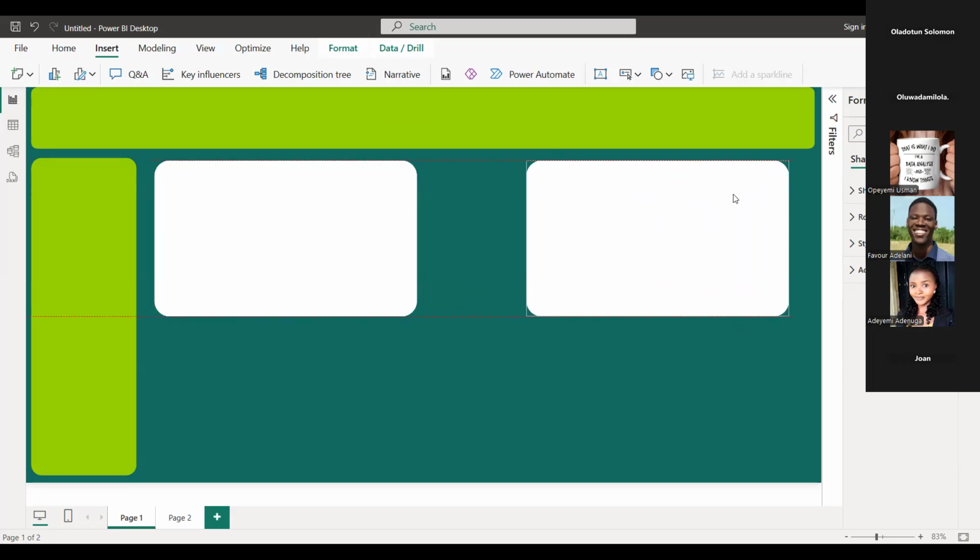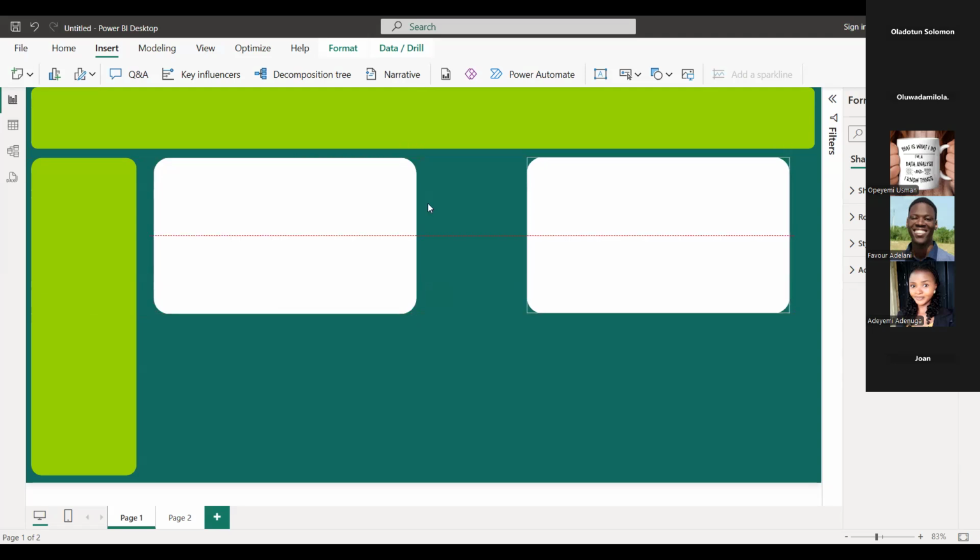I think Control D should do the same. So did you get that? Yeah, Control D duplicates. Hold on. Sorry. If you are with me, Prince, who said Control D now? Was that Prince? Okay, Oluwadamilola.